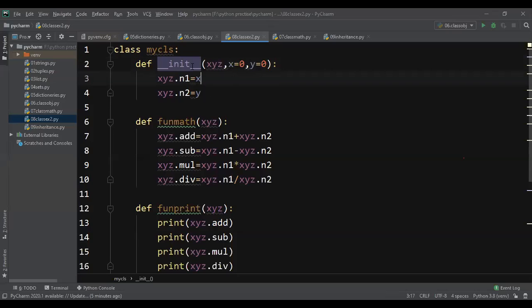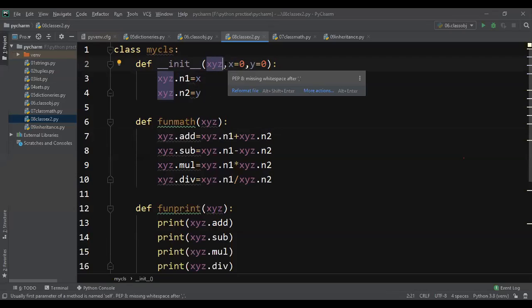Now here I'm creating one constructor. I'm initializing the constructor. So for the entire class, for my CLS, I'm taking the reference as XYZ. That means whenever I'm going to create any variable or assign any value to the variable, at that time I'll use this particular reference.